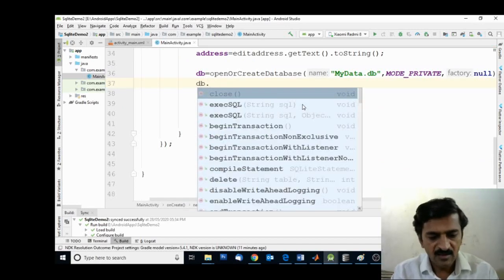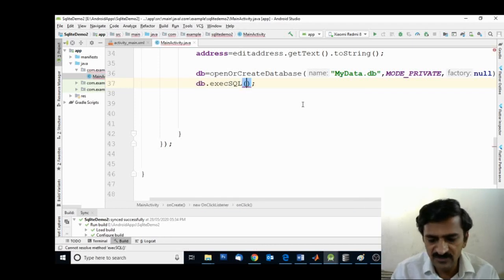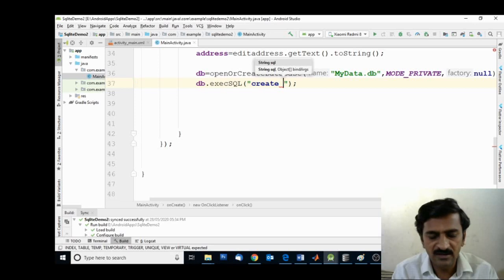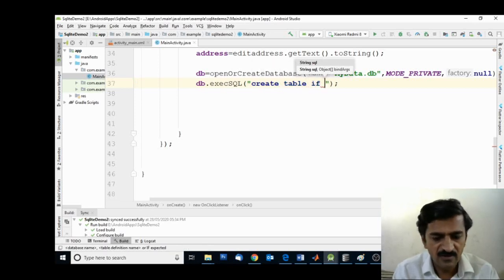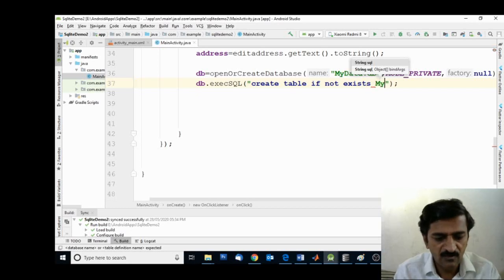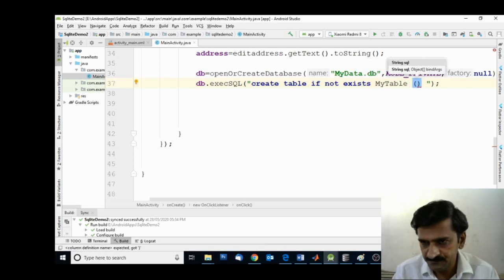db dot, for creating or executing any SQL command, we have the execSQL function in Android. So we have to choose this execSQL function and simply specify the create SQL command: create table if not exists. Which table do we want to create? My table. We can create any table as you require, and we require three different columns in that table.